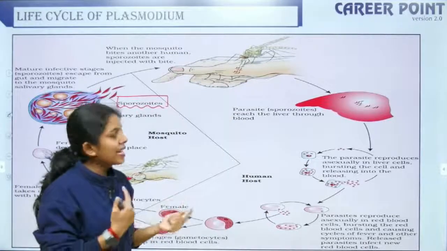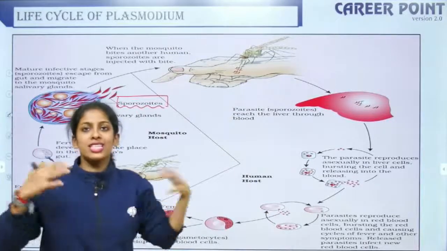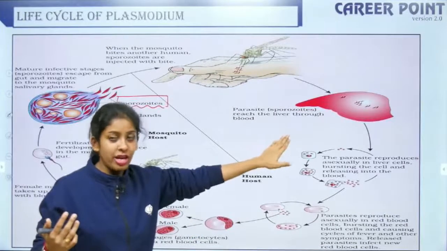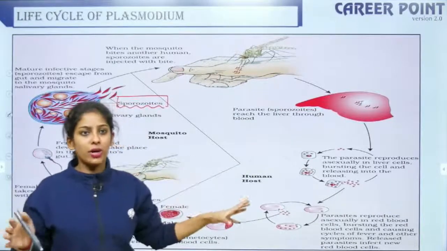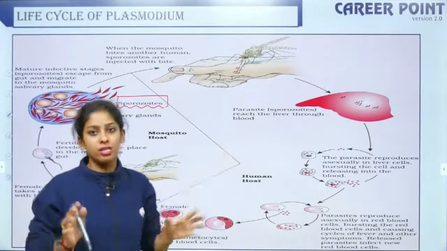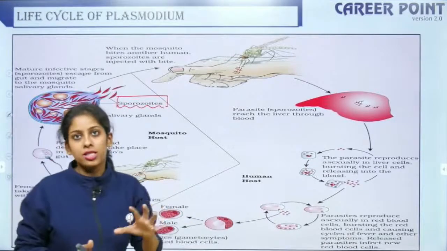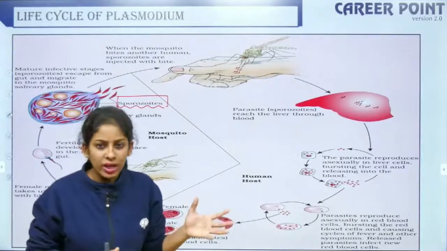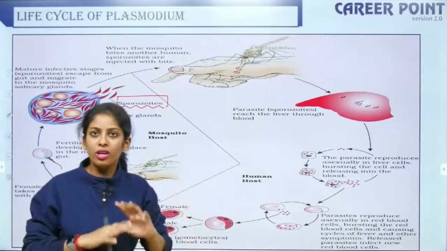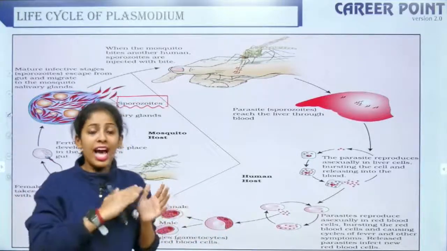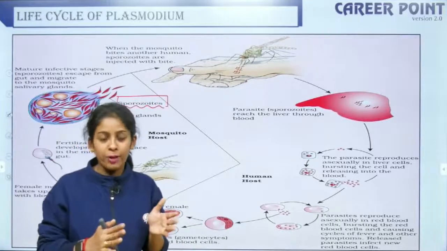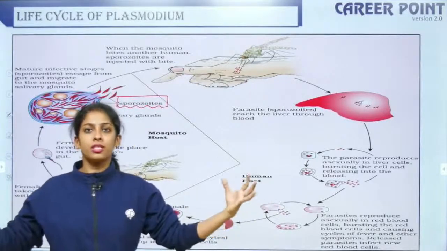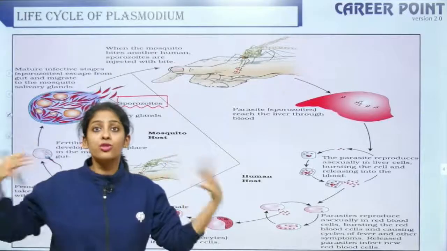So it quickly multiplies, it extends its progeny in the liver, and once it has done its work in the liver, it moves into the blood circulation. So in the blood circulation, it targets the RBC. RBC is enucleate. Apart from hemoglobin, it does not have anything else. It has no organelles, nothing, right? So there's a lot of space for this particular sporozoite to enjoy its life.